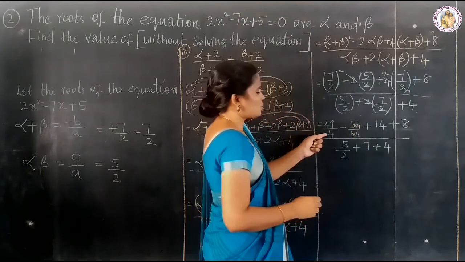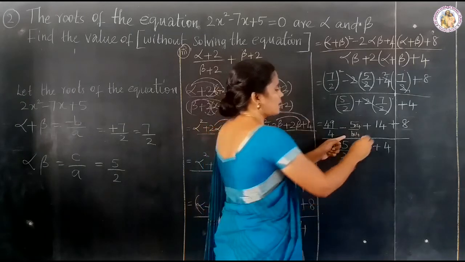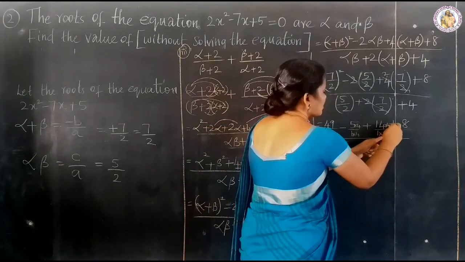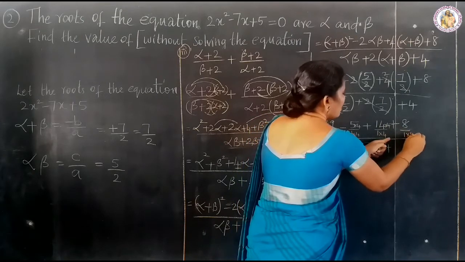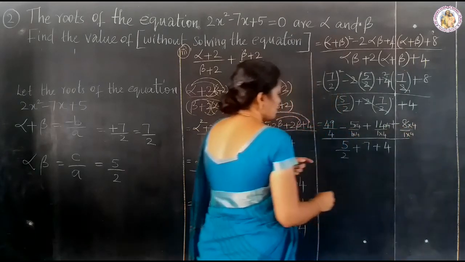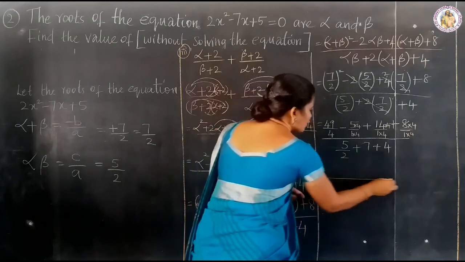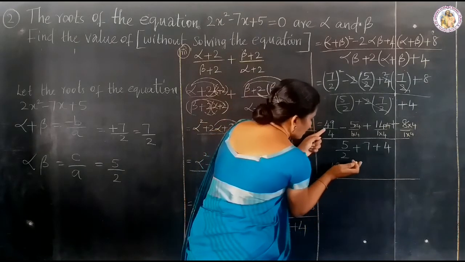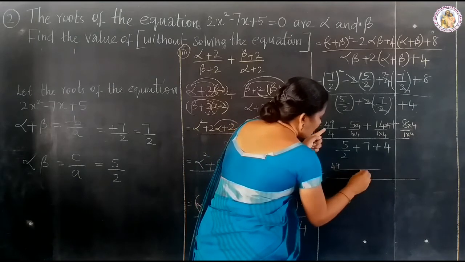So 4 to both the numerator as well as the denominator. Here also with 4. By 1 into 4 into 4 is equal to 49 by 4 by common. So 49